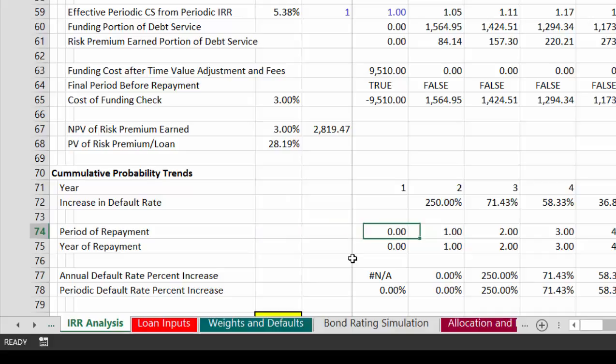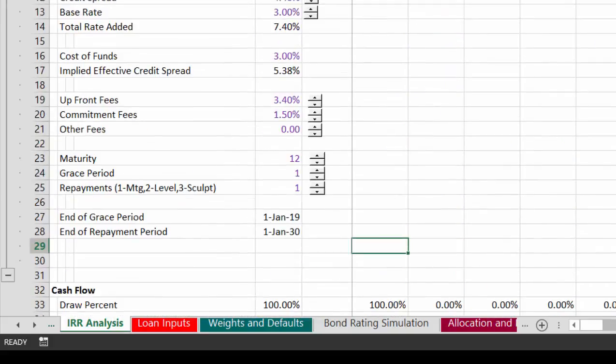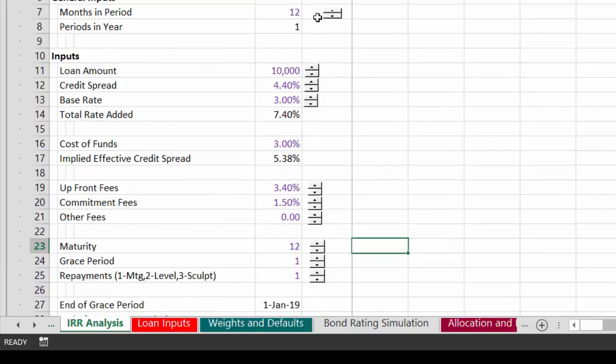We can say, well, the period of the repayment is just the last period plus the repayment switch. Okay, so that's why it's 0 at first. And then we can use another thing, just in case this isn't in years. Right now it's in years, but let's say it's in semi-annual periods. So we put this down to here,